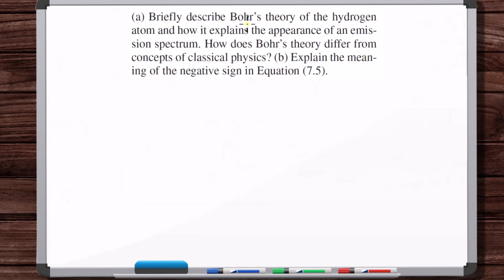Briefly describe Bohr's theory of the hydrogen atom and how it explains the appearance of an emission spectrum. How does Bohr's theory differ from concepts of classical physics? Explain the meaning of the negative sign in equation 7.5, the Bohr's energy level equation. So this equation. All right, so Bohr's theory of the hydrogen atom, what they're talking about here is that you